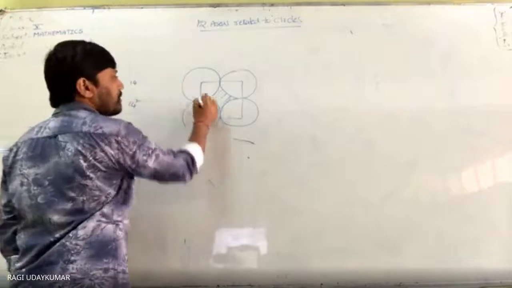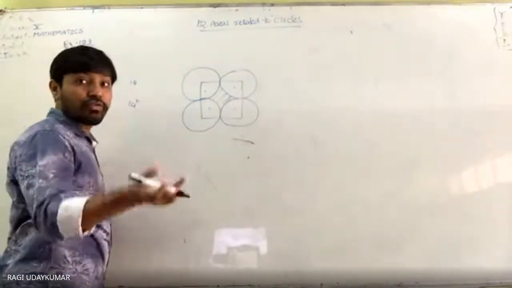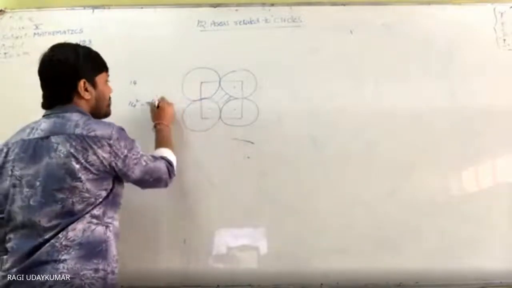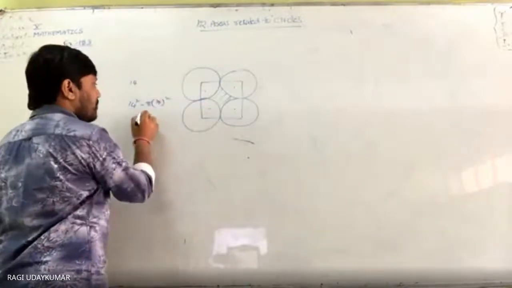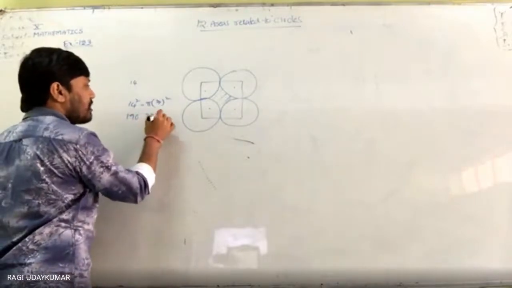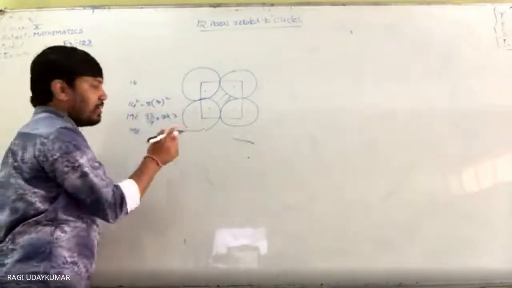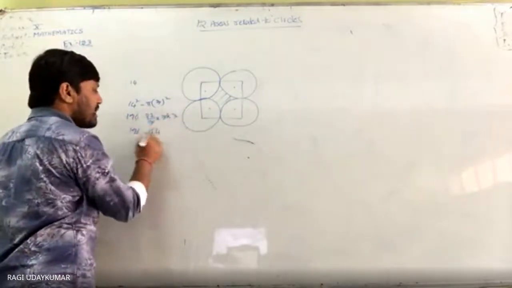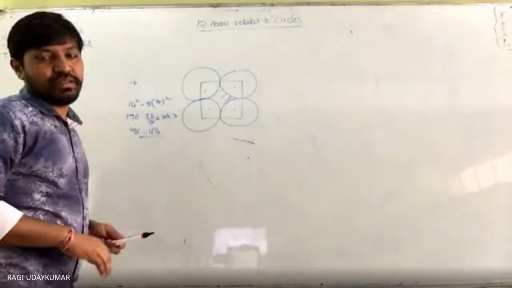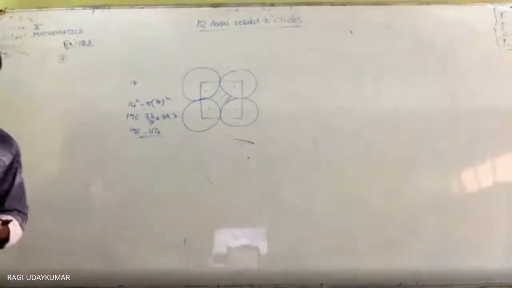14 square minus the area of the 4 quadrants. The area of the 4 quadrants is equal to the area of one circle. Find R. What is R? That's 7. So 14 square value 196 minus 22 by 7 into 7 into 7. 7 cancels. Same. This problem we have already solved previously, 154. Same answer you are going to get, but the figure situation is different. Here the situation is really different.